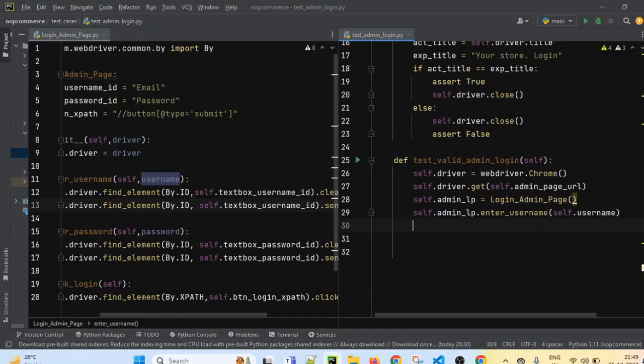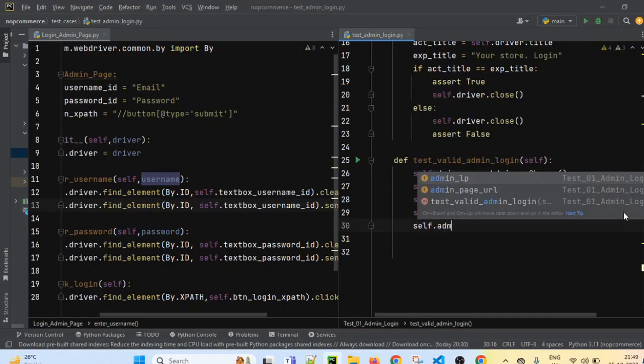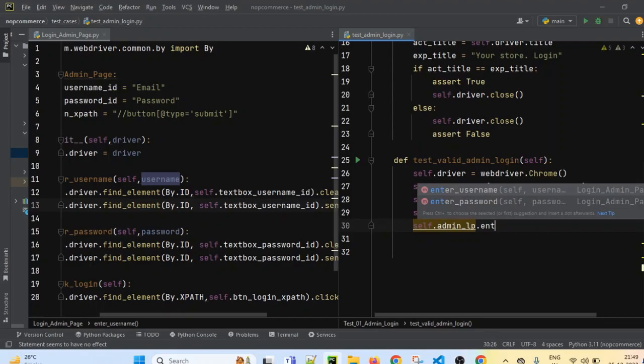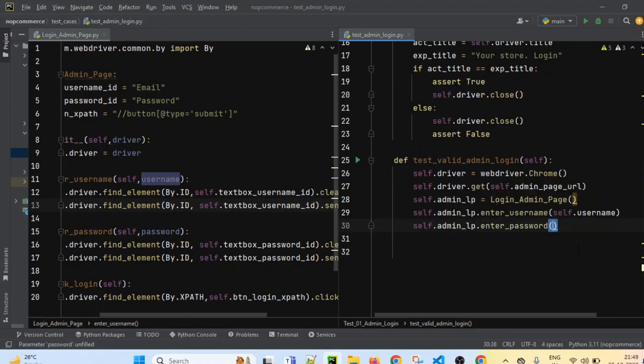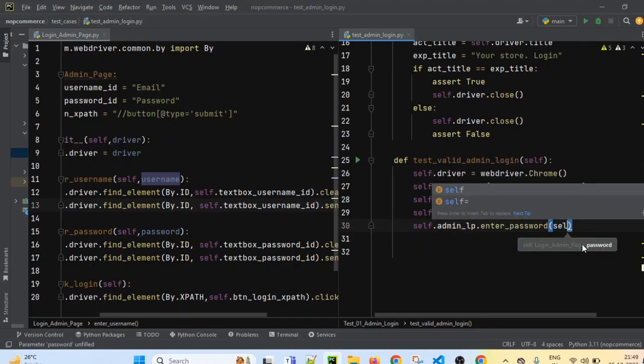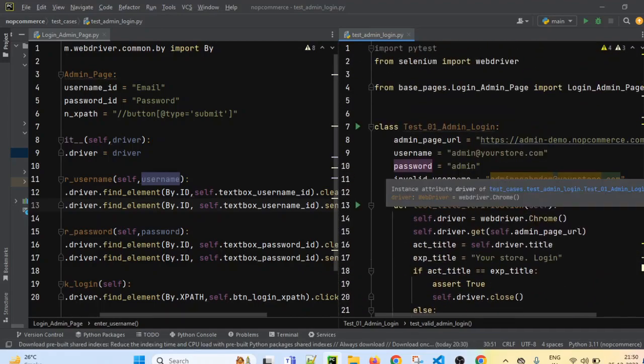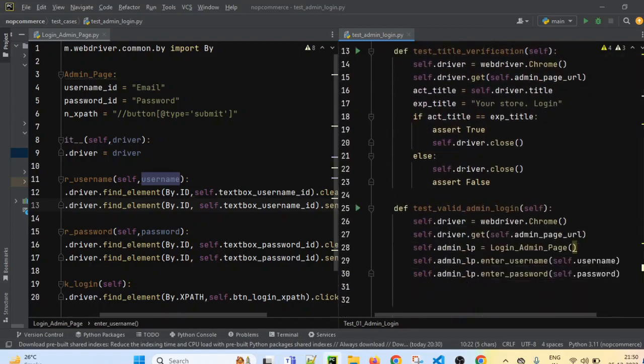After entering the email, what we want to do? We want to pass the password. So again same self dot, this is the object of login admin page and we have to call which method now? Enter password method. And again here we have to pass self dot password. So this time this will pass this password, that is admin.